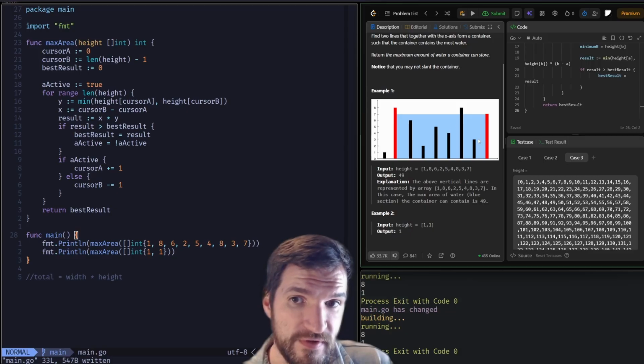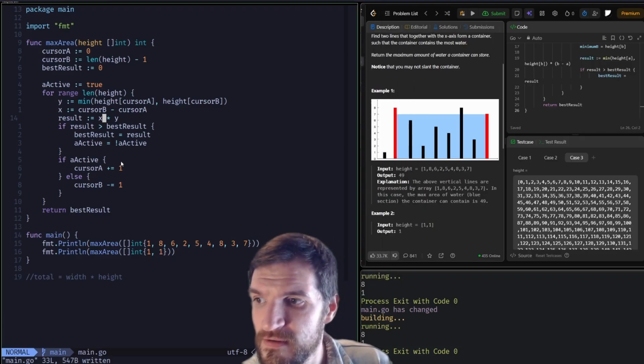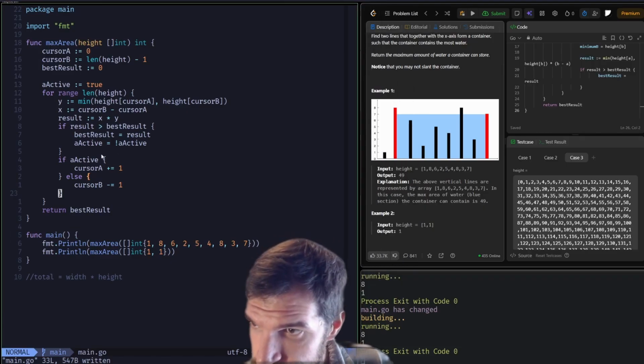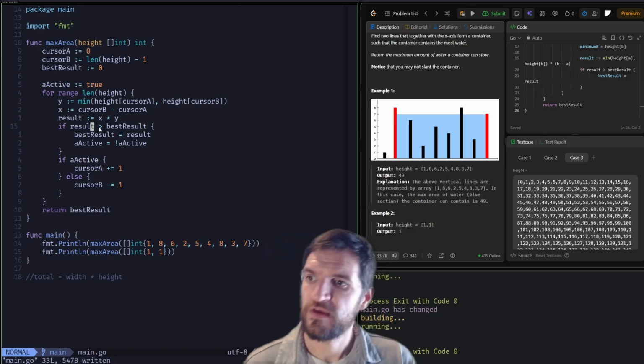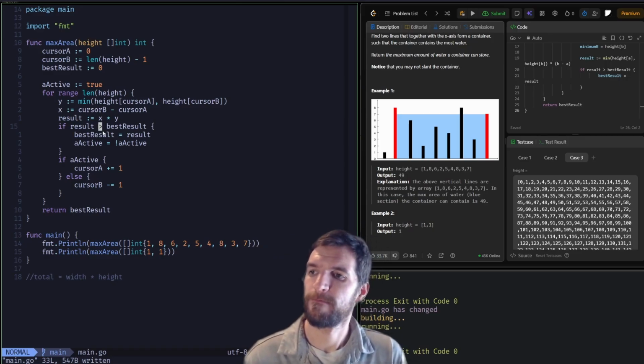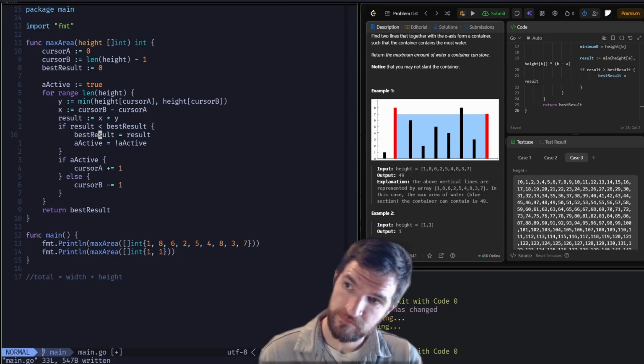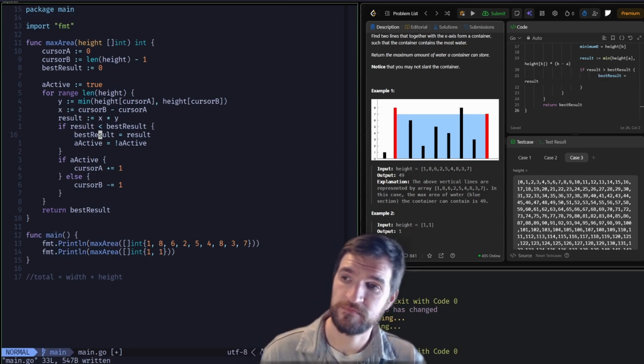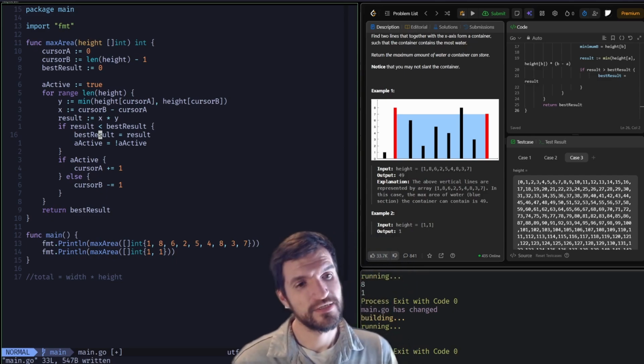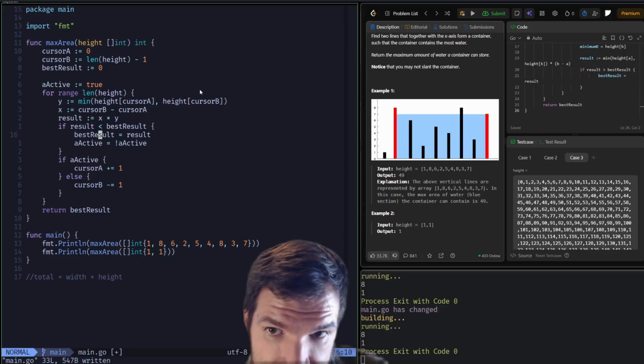Bigger. That's fine. That's smaller, so I don't want to do that one. Result. So if it turned out to be taller though,